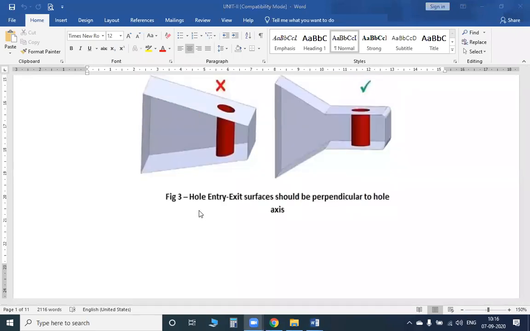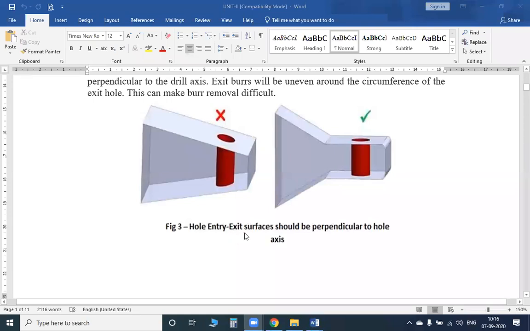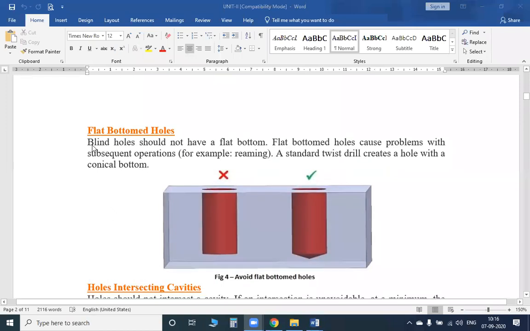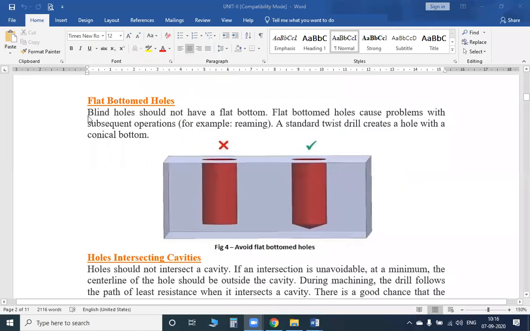So this third point explains that hole entry and exit surfaces should be perpendicular to the hole axis. See the third one, the flat bottomed holes. Blind holes should not have a flat bottom. Flat bottomed holes cause problems with subsequent operations, for example reaming.